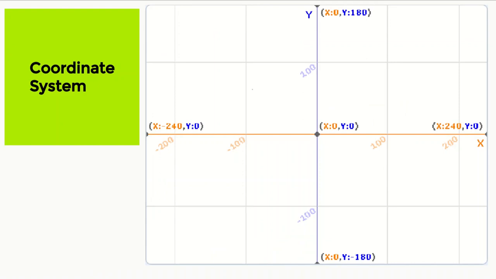What is a coordinate system? Basically, the coordinate system is made up of these lines, these standing and sleeping lines. This standing line is known as the vertical line, and this sleeping line is known as the horizontal line. You will find these words inside your book also. The x value is known as the horizontal line.